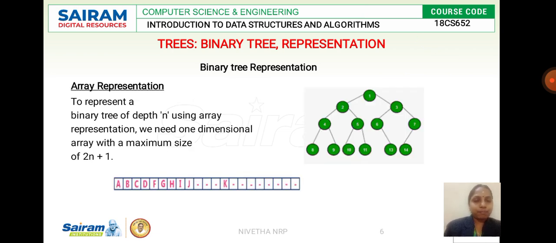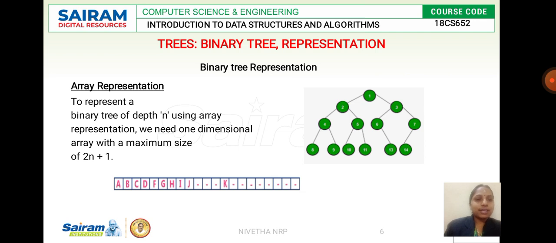This is an example of a binary tree represented using an array. Here the binary tree is represented in array format. As usual, the size of the array has to be defined initially. To represent a binary tree of depth n in array representation, we should have a maximum size of 2^n plus 1.